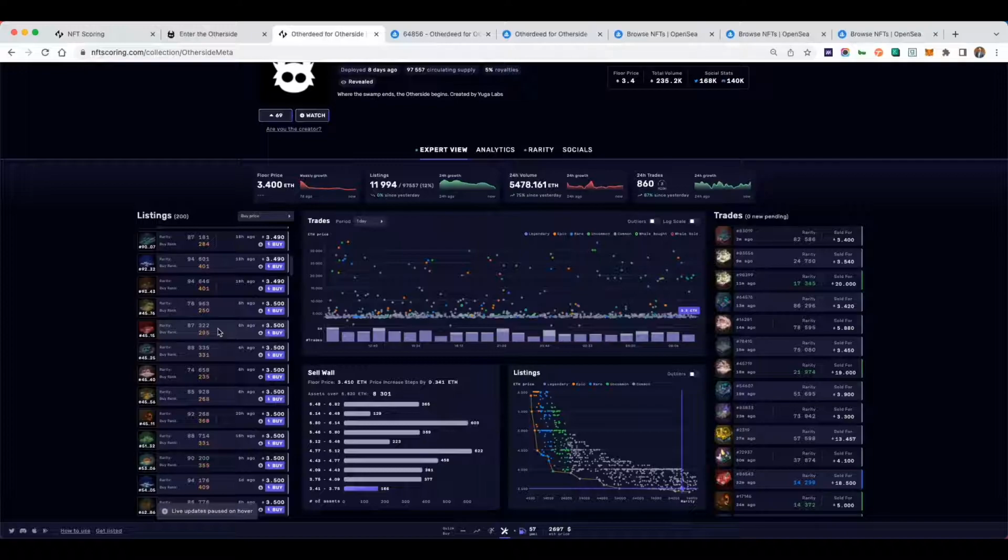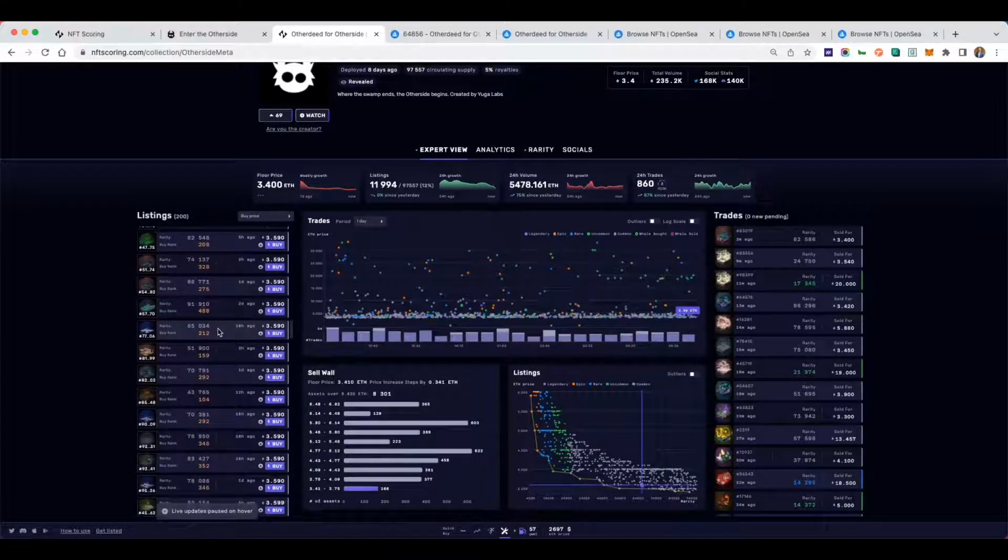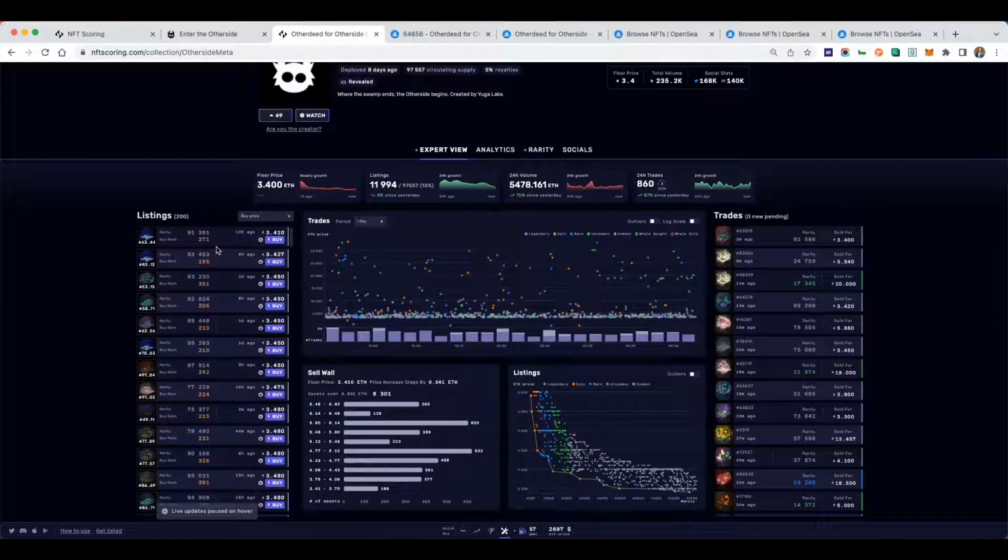Let's look at this. So we actually show you pending transactions. If there is a transaction about to happen on a specific NFT, you will see right here a number that pops up. If you hover over it, it will tell you the wallet, their priority fee, and their max fee. Which means if you preset those options higher than that person's option, you will be able to beat them to that purchase of that NFT,